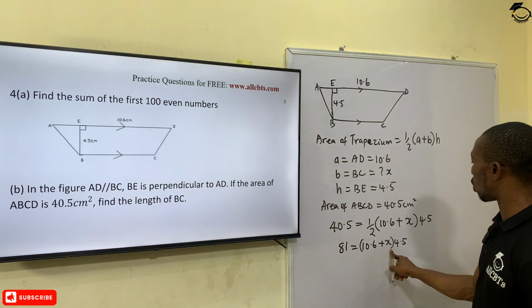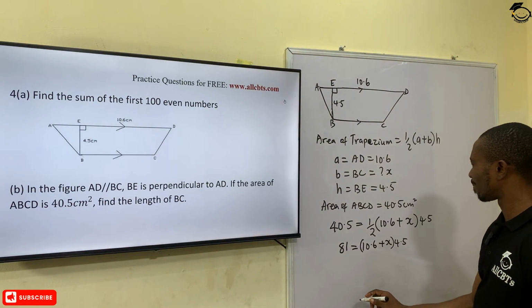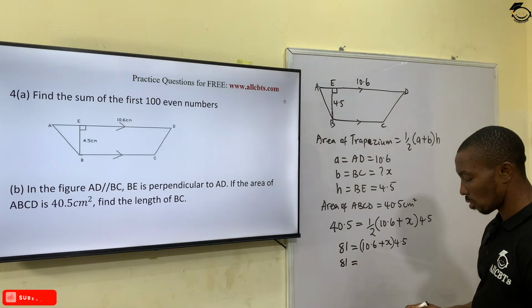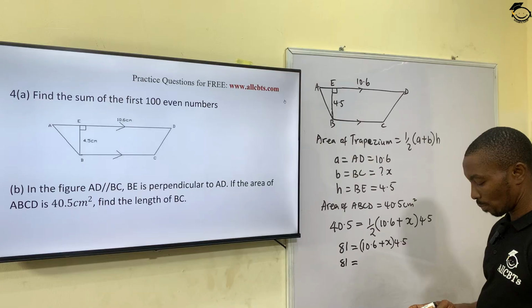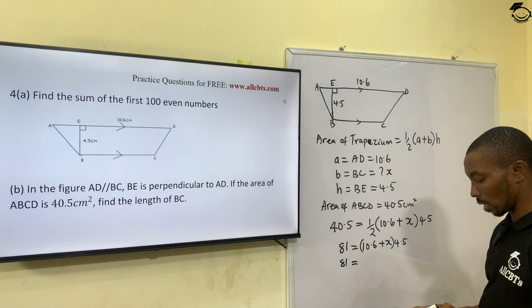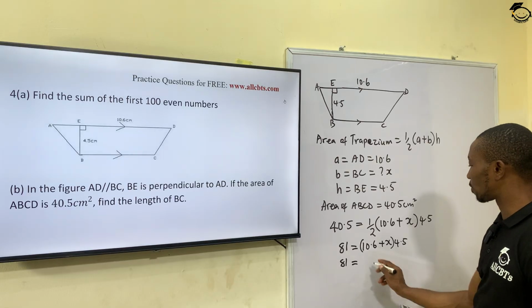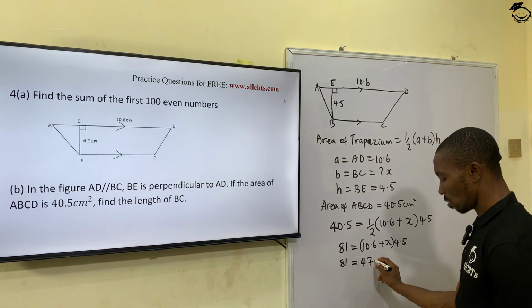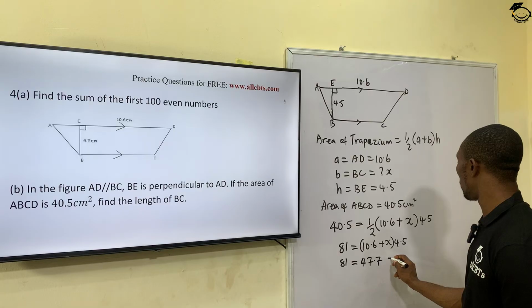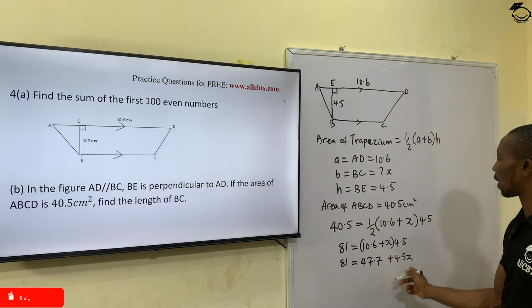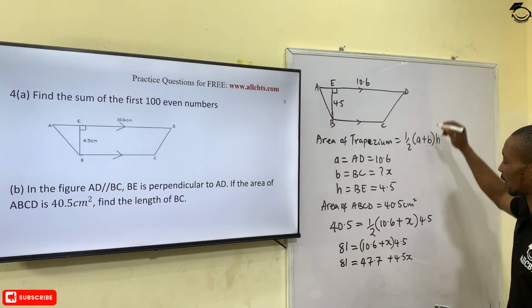If we open this up, this becomes 81 equals 10.6 times 4.5, which gives us 47.7 plus 4.5x. Now, collecting like terms, we have it as